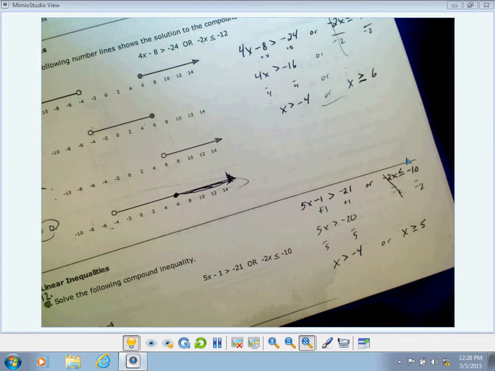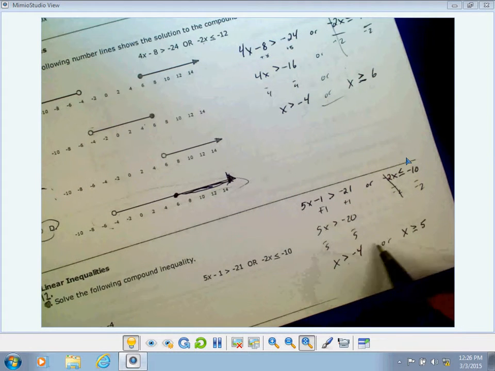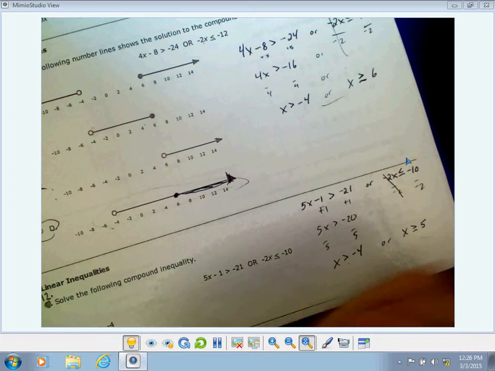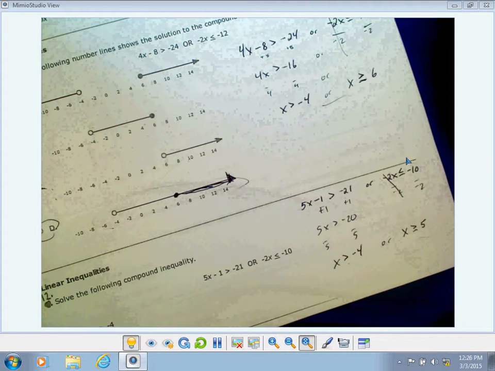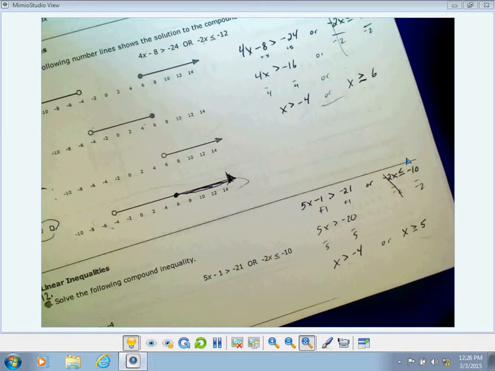Okay, when the x is in between, that means they're going in opposite directions. In this case, they're both greater thans, so it's not D. So the only question is, is it A or is it B? Keep in mind that if you were to do the shading, think about what you would color in